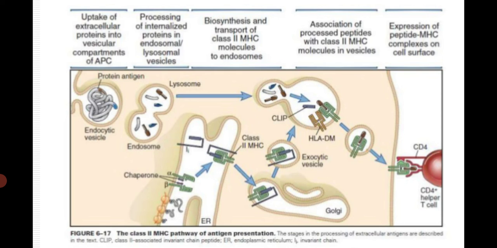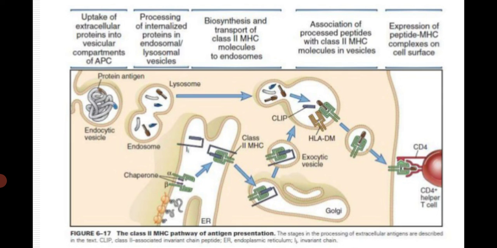alpha and beta domains, and after complete assembly of the class 2 molecule in the rough endoplasmic reticulum, the peptide binding groove of this class 2 molecule is occupied by the invariant chain protein, and the invariant chain protein with the class 2 molecule is released from the ER to the Golgi, and Golgi to the endocytic vesicle. In the endosome there are already fragments of peptide antigen. The endosome and the endocytic vesicle overlap each other and form one larger vesicle,